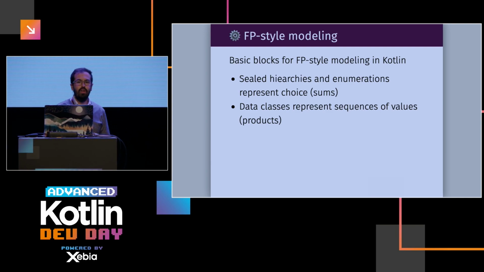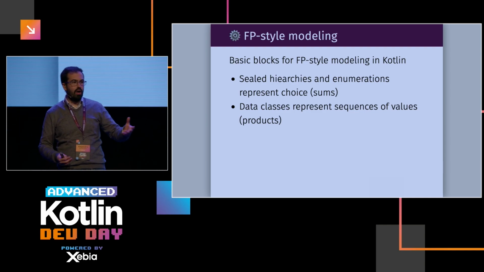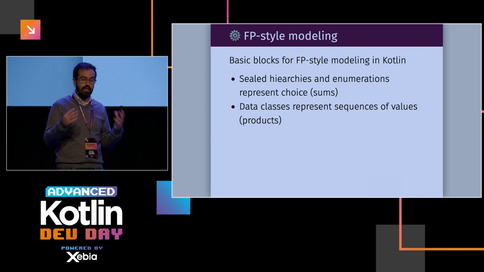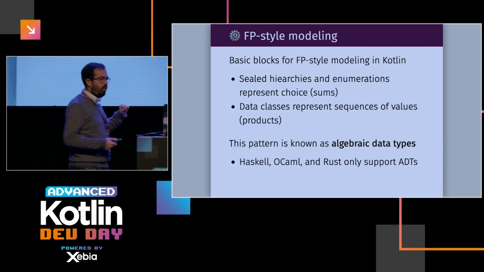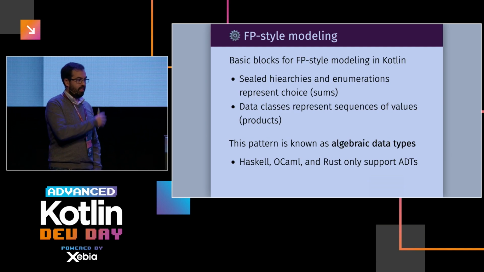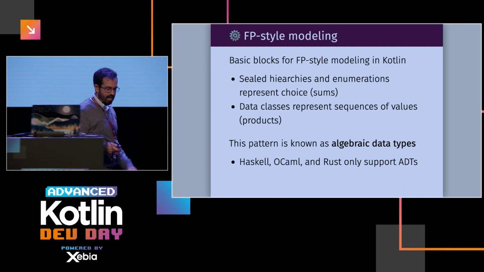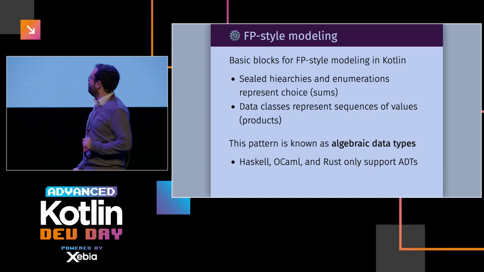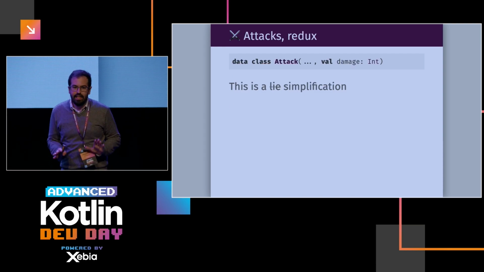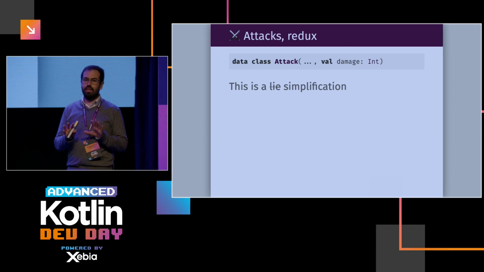In the case of a trainer card, we had the name and the text. In the case of a Pokemon card, we had all the attacks and all of that. That's what I'm counting on. And by the way, people know this as algebraic data types, if you ever hear about this. Other languages all happen to call them in different ways. Doesn't really matter. What matters is that it's early, and I've already lied to you, because this was a simplification